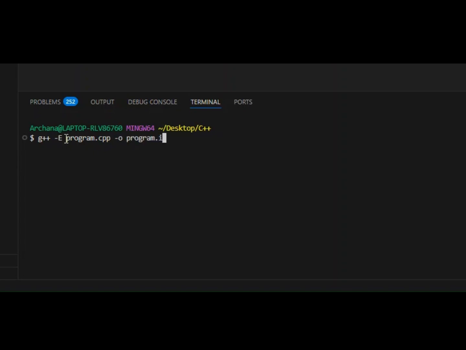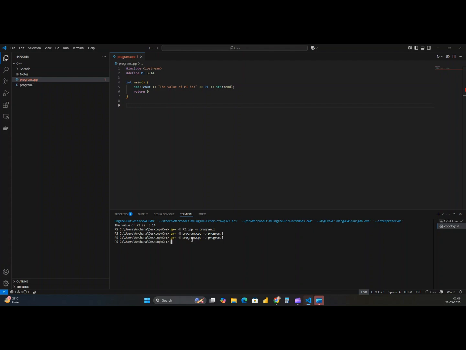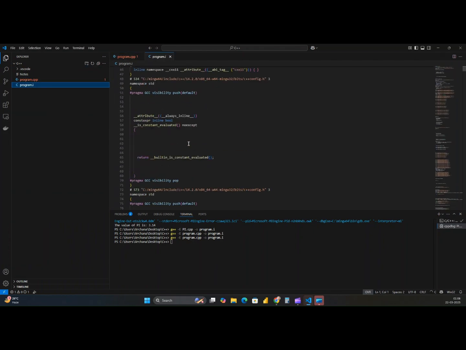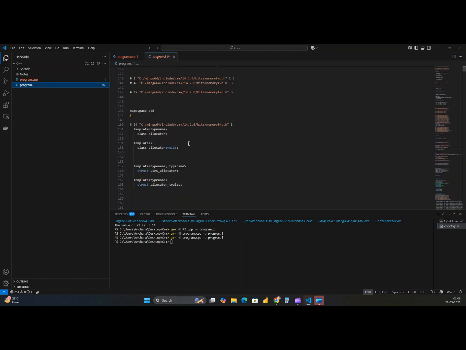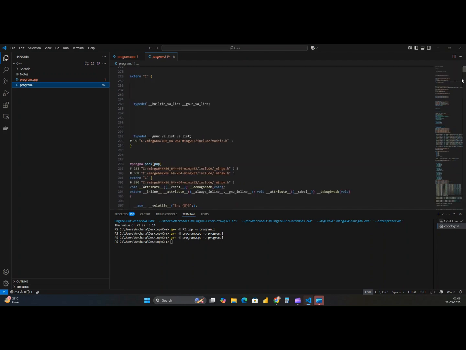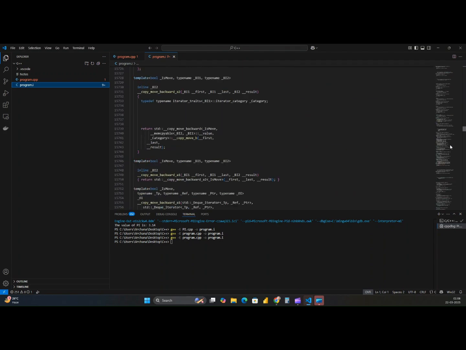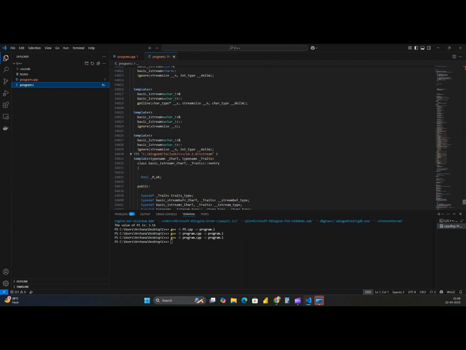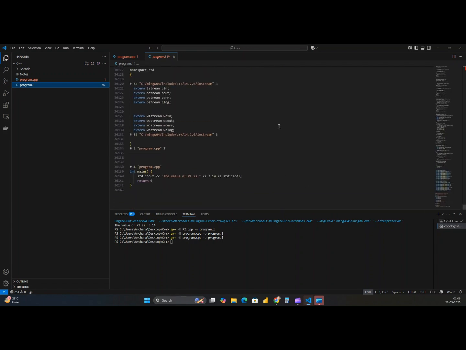This generates a file named program.i in our directory, which contains the expanded code after preprocessing. You can see the code at the end. Here is that code. You can see here PI is replaced with 3.14.